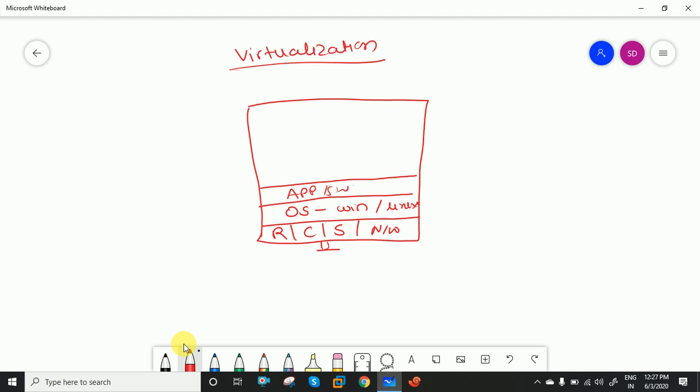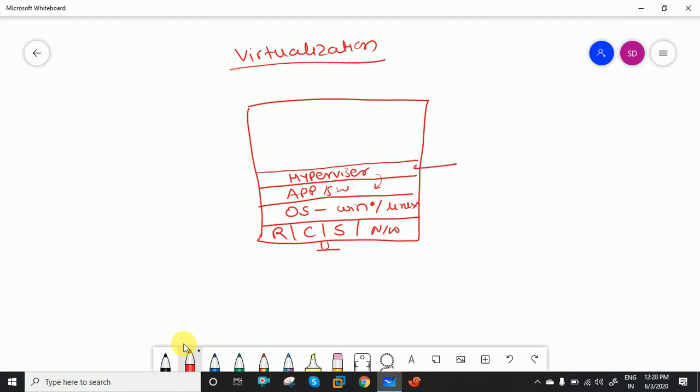So think about, this is your Windows operating system and we require a Linux based operating system. We are not going to replace this Windows operating system, right? So by using the technology concept of virtualization, we can create a virtual environment, right? Here we are creating the layer of one hypervisor. So what is a hypervisor? A hypervisor is nothing but software we are installing.